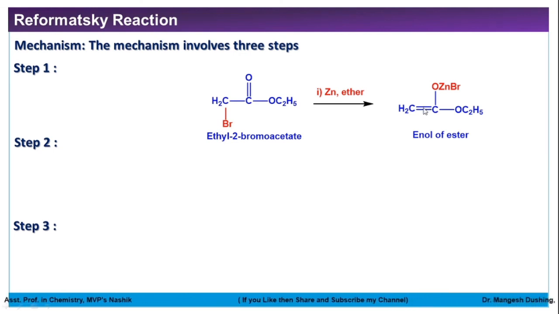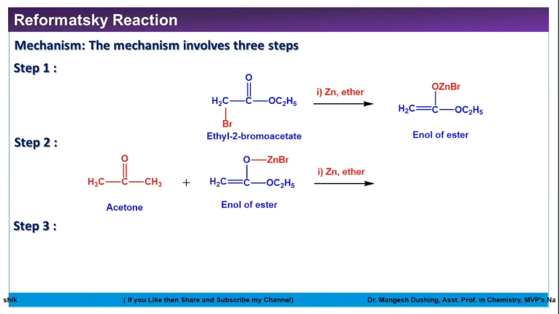It acts as a nucleophile. This carbon-carbon double bond acts as a nucleophile. Second step is nucleophilic addition to the carbonyl compound. Here these electrons come over here, so the carbon-oxygen bond will be double, and this pi bond acts as a nucleophile and reacts with this carbon. So the alpha carbon forms a bond with the carbonyl carbon, and then this pi bond will break, O minus will form, and this O minus is stabilized by Zn plus Br.